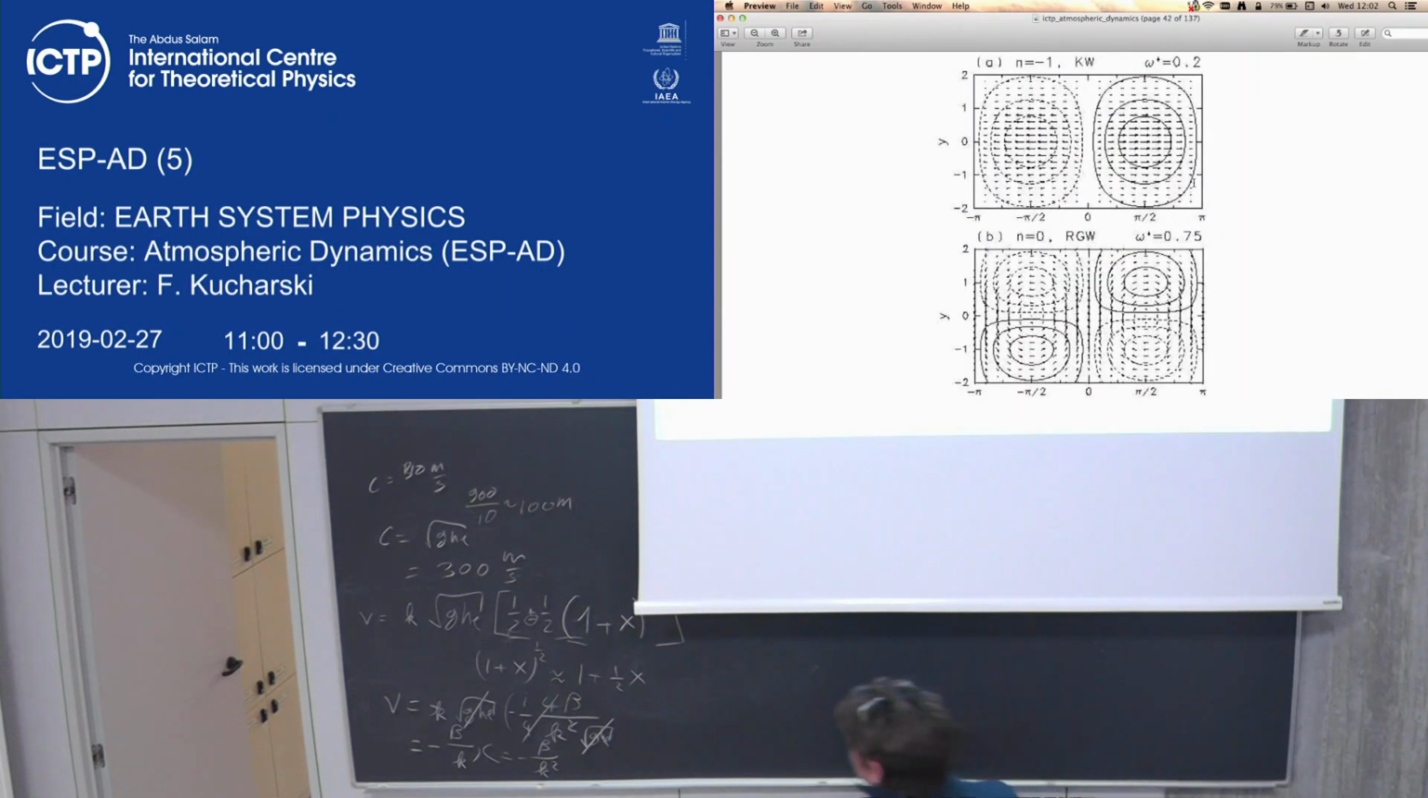These are just, it could be an exercise that you go ahead now and program the solutions. If you program the linear solutions in a domain, you would come up with this picture for Kelvin waves and this picture for the Rossby gravity waves. Those propagate in that direction, these propagate in that direction. We can easily understand why the Kelvin wave propagates in that direction. Because